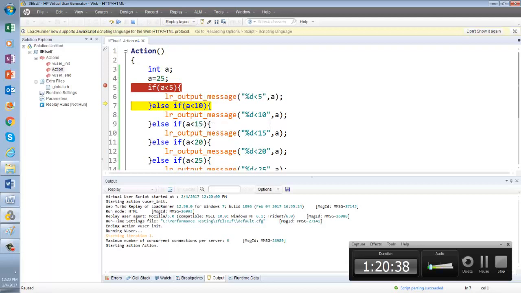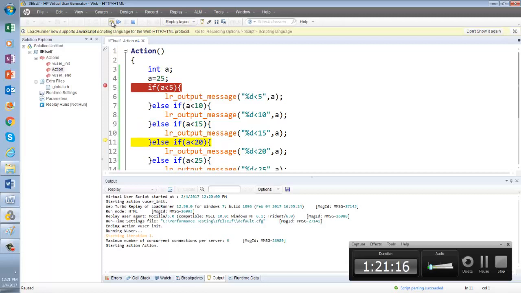In line number 7 we are comparing, is 25 less than 10? Is it true? No. So it is comparing, but it is not going inside the block. So 25 less than 10 is false, it will not execute line number 8. Can you see it is coming to the next comparison? Now we are comparing 25 less than 15. Is it true again? No. So it will not execute line number 10. So it will be going for the next condition. 25 less than 20. Is it true?